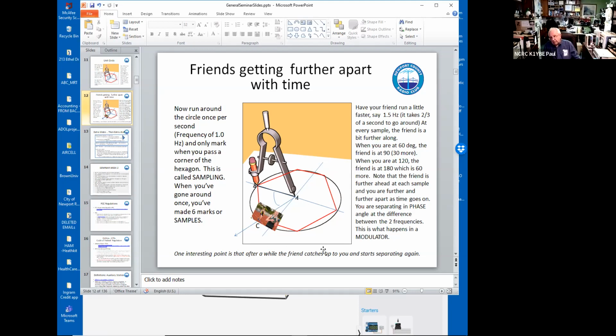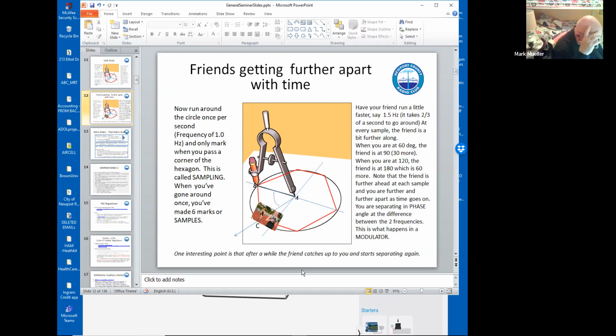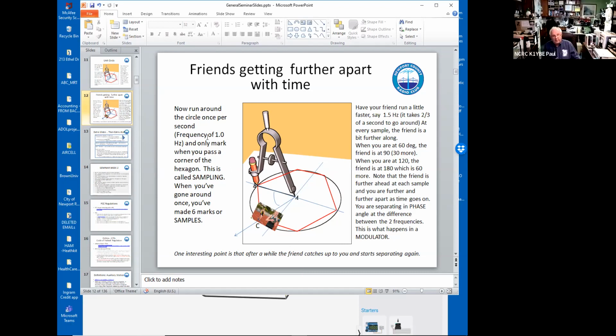If I go faster, if I go around 2 times, sorry, 2 times a second, 2 times a second, I will be at 2 hertz. So this going around in a circle is equivalent to some frequency on our radios. Now,